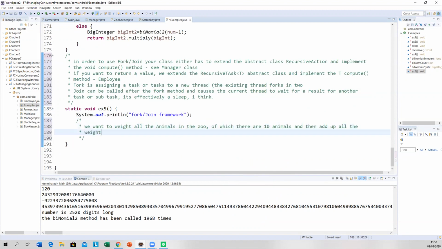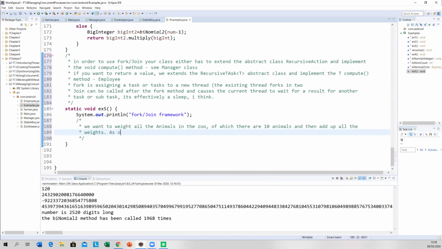Now I chose 10 because it's easy to calculate them out in your head as well. If it works for 10, it should work for 1,000 animals. Do you understand that? Okay. So if it works properly for 10, it should also work for 1,000. So what you usually do is you work with small numbers first, and then you scale it up. Okay. 10 animals, then add up the weights.